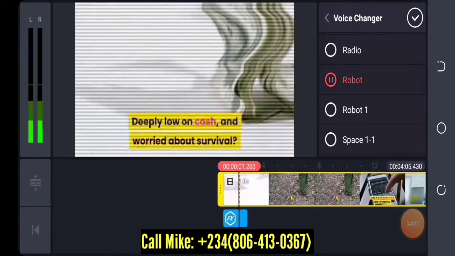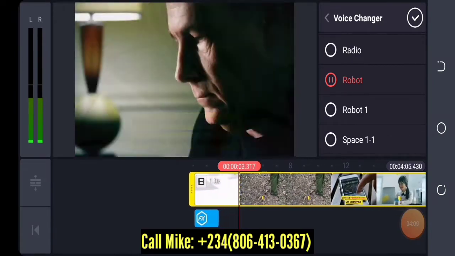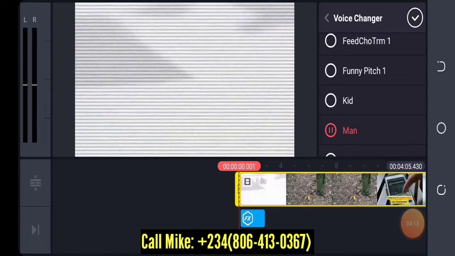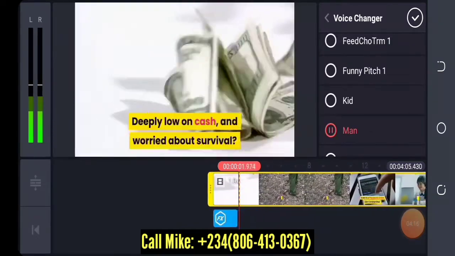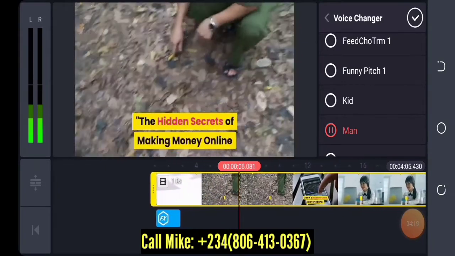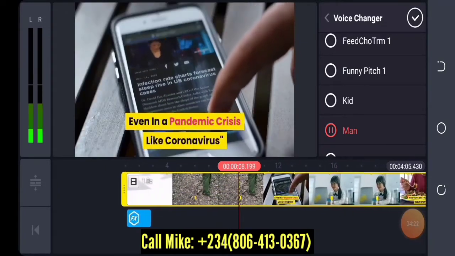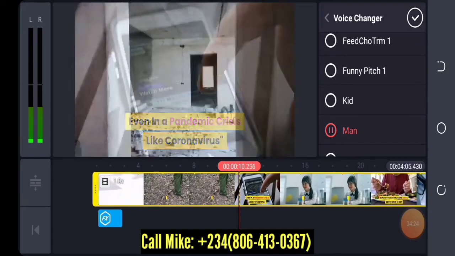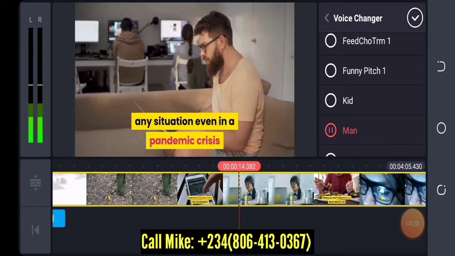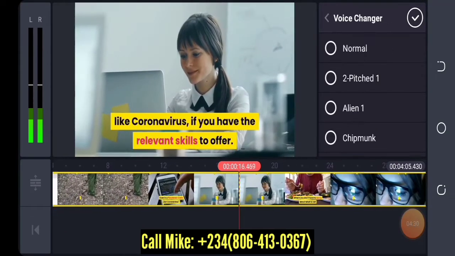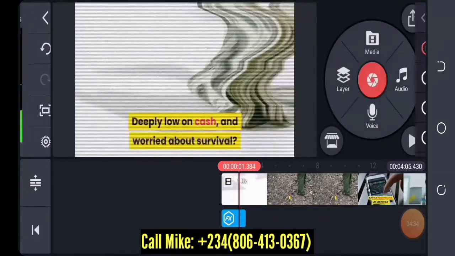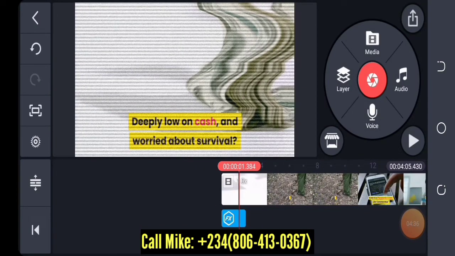Deeply low on cash and worried about survival? So if you want to use I discovered. modulation, Deeply low on cash. man. Deeply low on cash and worried about survival? I discovered Can you remember the this? hidden secrets of making money online even in a pandemic crisis like coronavirus. Arrows. You can make enough money to survive in any situation, even in a pandemic crisis like coronavirus, if you have the relevant skills to offer. Deeply low on cash and So another function I want to show you here is